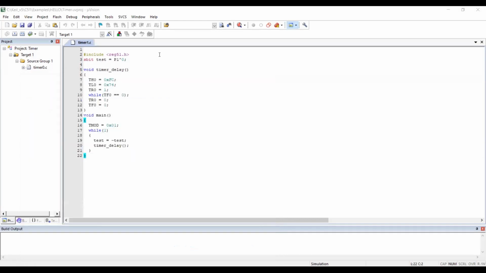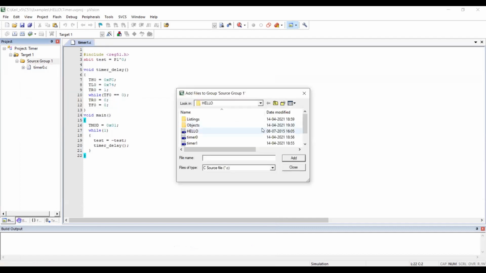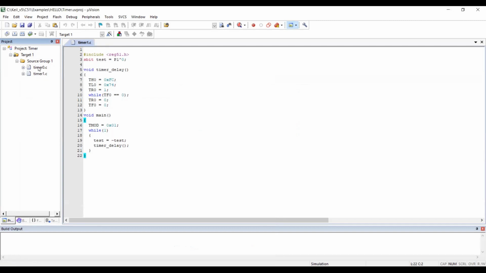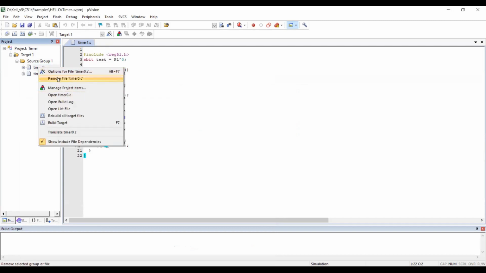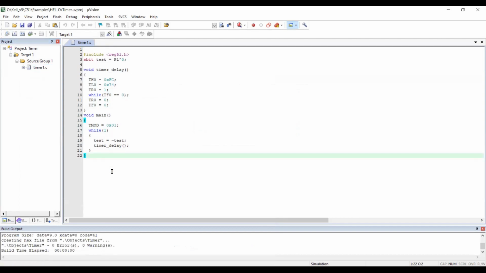Okay, now coming to mode 1 in timer. Now we add the timer 1 file to Source Group 1 and then close. Now we can see the timer 1 file is added. Now we build the program.